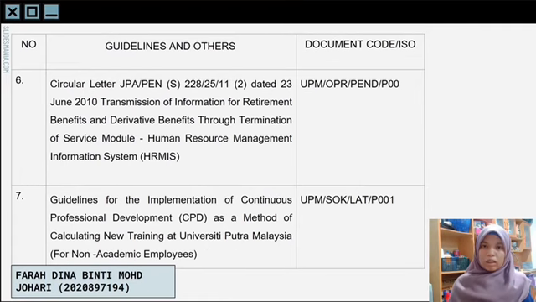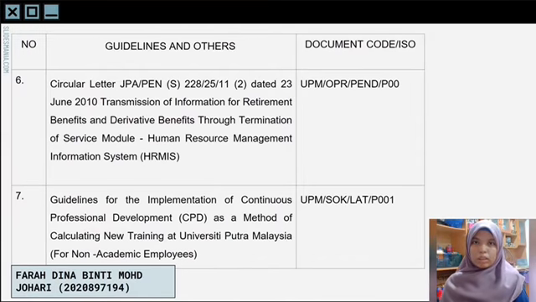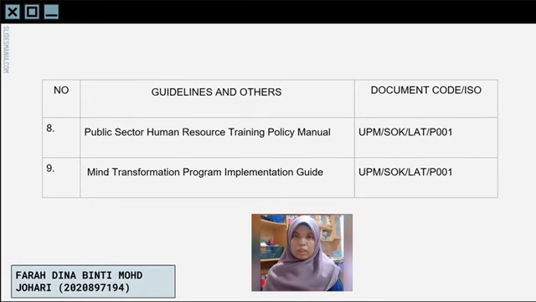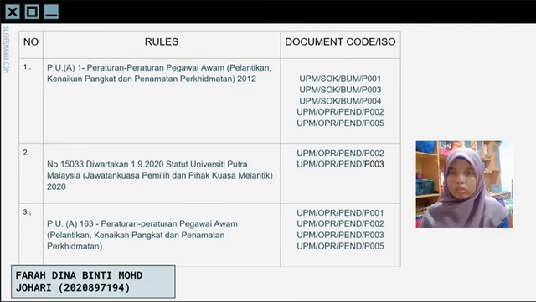the document code is UPM/OPR/P006. Then, the document code for the public sector human resource training policy manual is UPM/SOK/LNT/P001, and the mind transformation program implementation guide is UPM/SOK/LNT/P001. Next, for Peraturan PU-A1, Peraturan Pegawai Awam Pelantikan Kenaikan Pangkat dan Penamatan Perkhidmatan 2020,